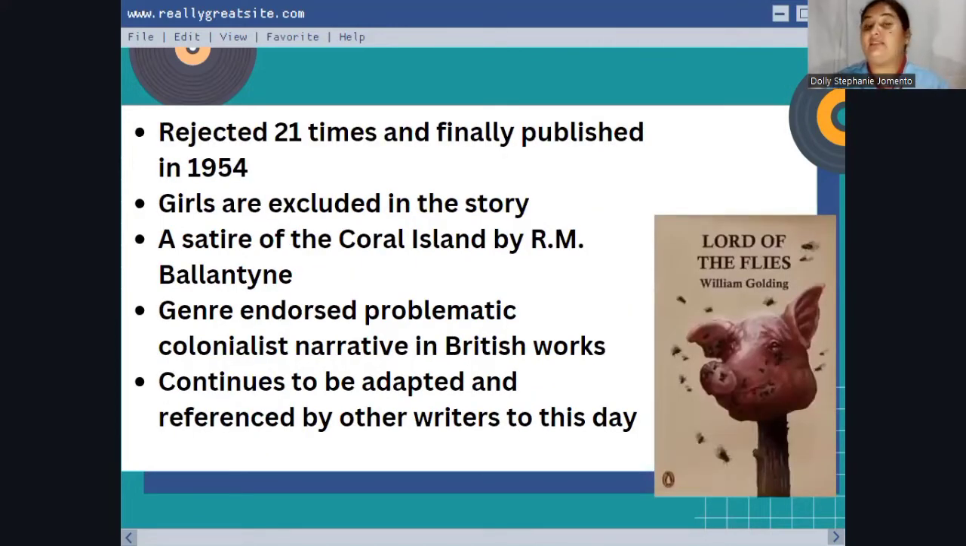After being rejected by 21 publishers, the novel was finally published in 1954 by Faber and Faber. Golding addressed why he didn't include girls in the story by saying that one, he was more familiar with the childhood experiences and nature of boys, both by being one and by teaching them. And two, that if you land with a group of little boys, they are more like a scaled down version